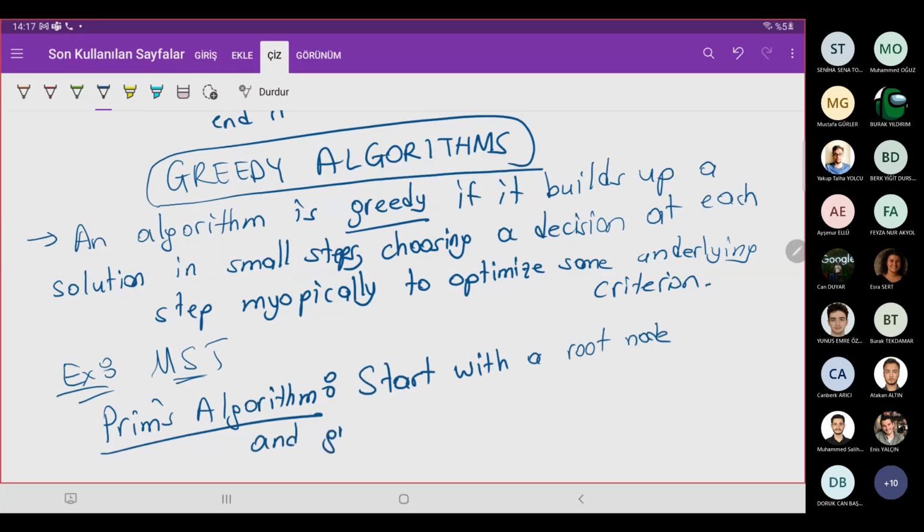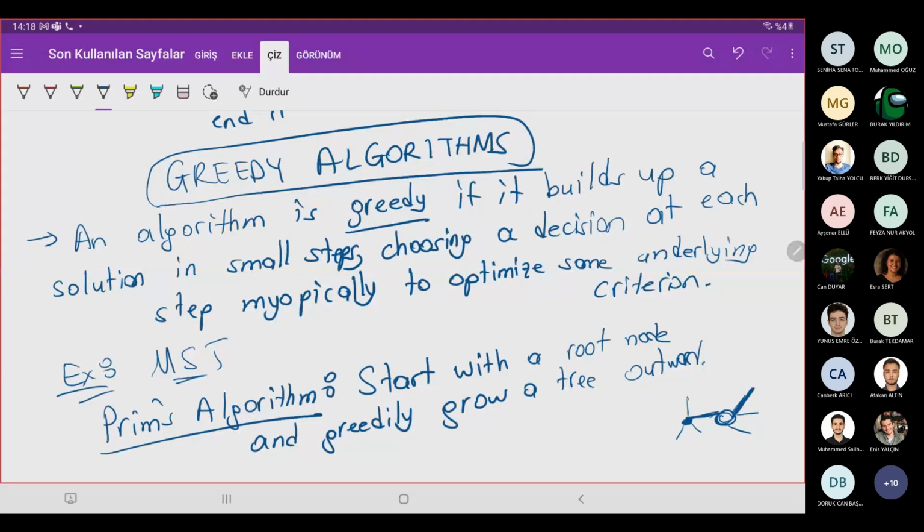And greedily grow a tree outward, okay? So you start with a root node, some node, you pick the edge among all the other edges, you pick the one that has least cost, okay? Because it makes sense. You came here, then among this, in this vertex, you add one other one, again, with the other possibilities, you pick one edge, etc. Okay, so you grow this tree outwards in the Prim's algorithm.